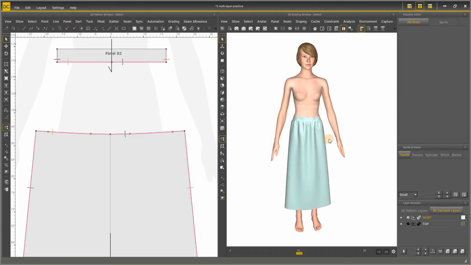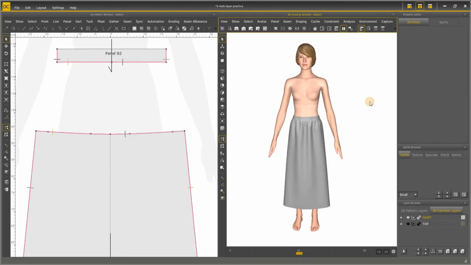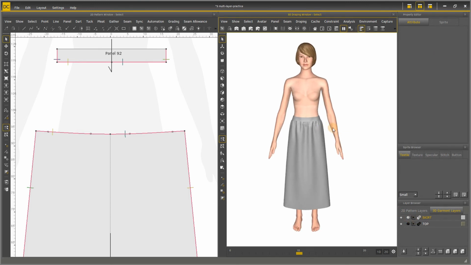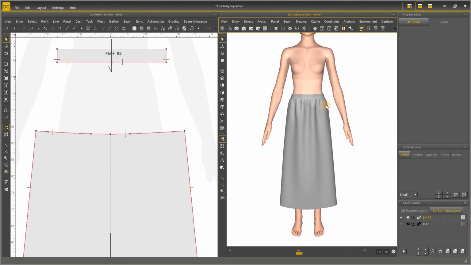This is for us to tell the different layers more easily when doing multi-layer simulation. If I am satisfied with the simulation of the skirt, I can switch off the simulation button of the skirt and leave collision and show on, so that the skirt can be detected by the top for collision, but the skirt itself will not be influenced when simulating the top.